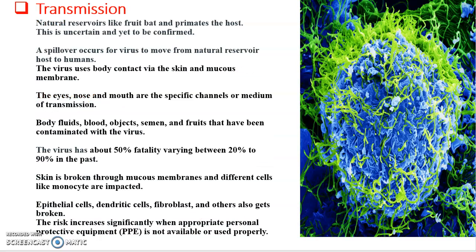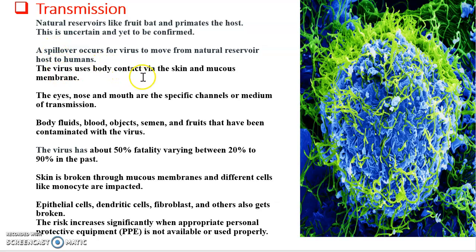factors. In terms of transmission, we've already hinted at that earlier on our previous slide. We did mention that transmission is actually conducted through fruit bats and primates. This is yet still uncertain. Spillovers occur if there's some kind of impact in terms of human fragmentation within the ecosystem to cause a spillover to occur. So there's no bountiful prey for predators. So these natural reservoir hosts can now cause a spillover for the virus to move from the natural reservoir